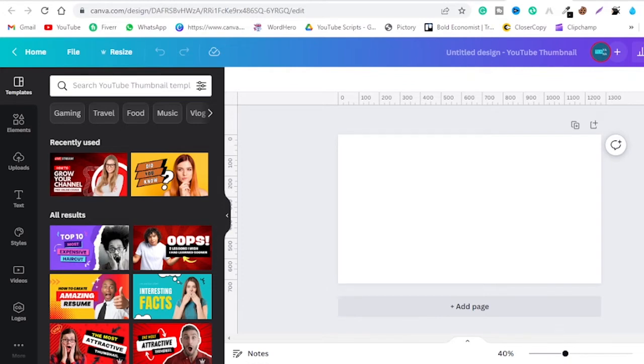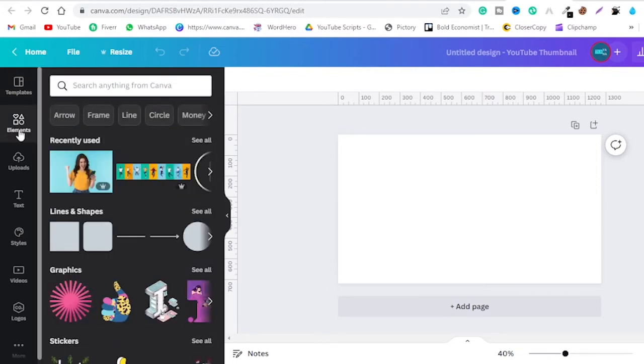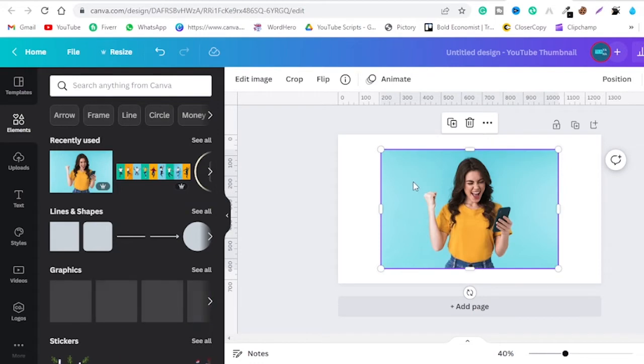So for that I will be choosing a stock image from the element section of Canva. So just go to the element and type here anything, like in my case I recently used this image, so I will be clicking on this. So let's say you want to add a border around this girl. So for that you first need to remove the background from this image. So for that you can just click on edit image,